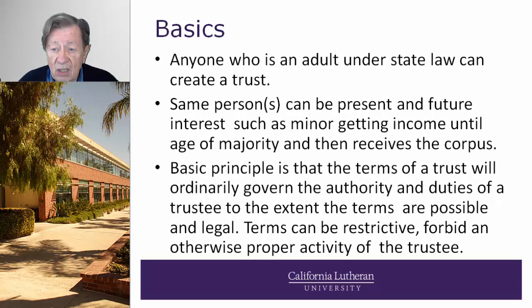Anyone who's an adult under state law can generally create a trust. Some persons can be present and future interest, such as a minor getting income till the age of majority and then receiving the corpus. Or it might be where they get the income today, they get part of the corpus at 25 and part at 35. Basic principles: the terms of a trust will ordinarily govern the authority and duties of the trustee